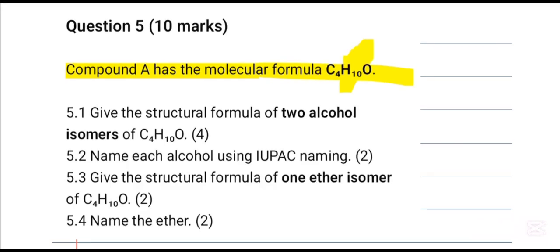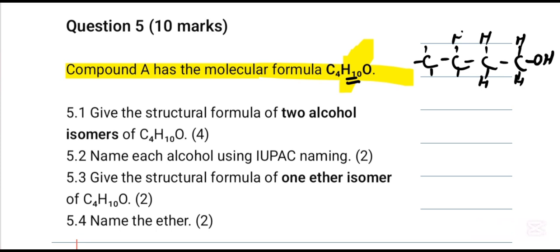The compound carbon abangapi? There are 4 carbon atoms, 1, 2, 3, 4. How many hydrogen atoms? There are 10. 1, 2, 3, 4, 5, 6, 7, 8, 9, 10. Which means any hydrogen will go with oxygen, so OH. So hydrogen, hydrogen, hydrogen, hydrogen, hydrogen. Okay, that is the first